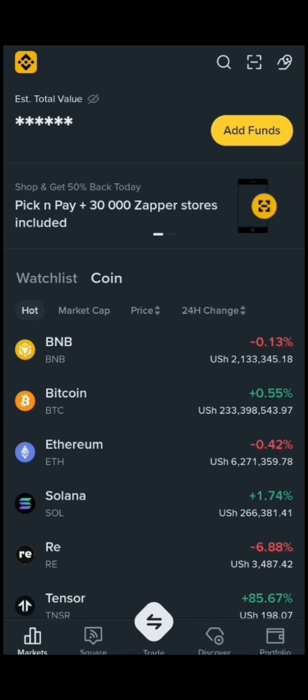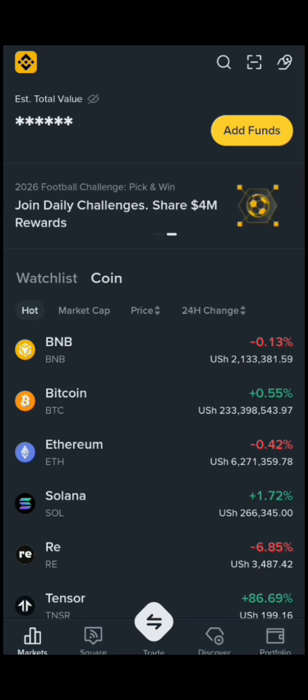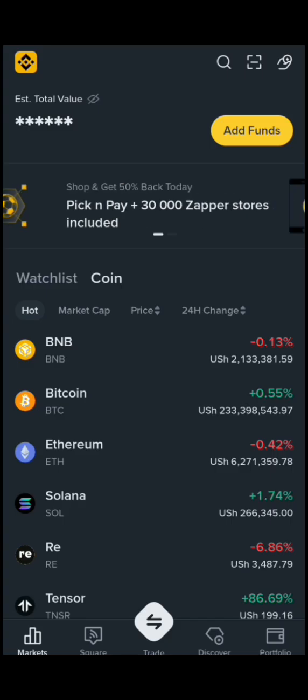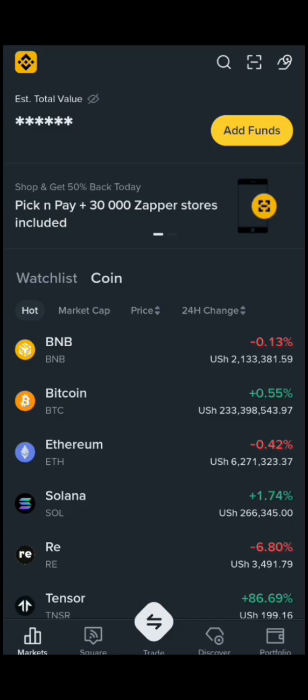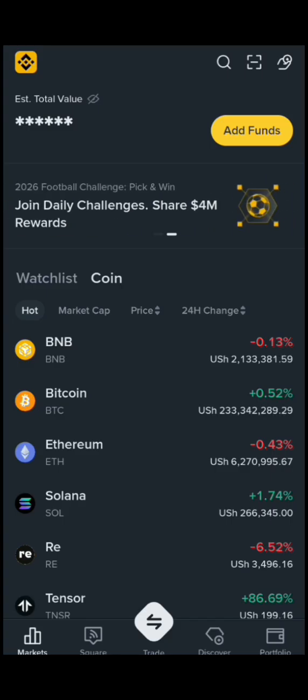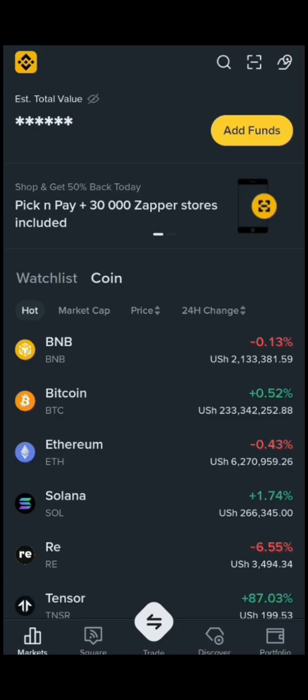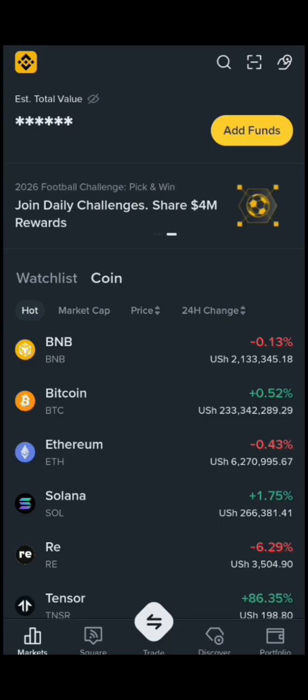How to buy USDT on Binance P2P using mobile money and avoid P2P scammers. I'm going to take you through a step-by-step guide. Make sure that you don't miss even a single step of this video because each part of this video is